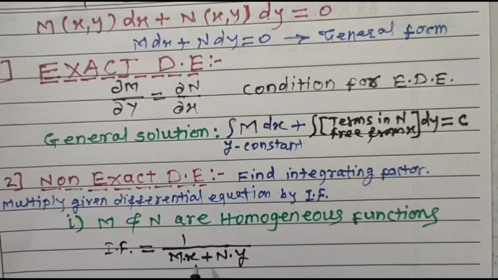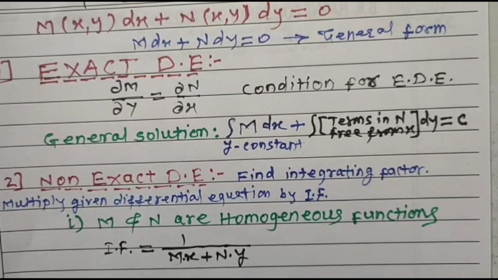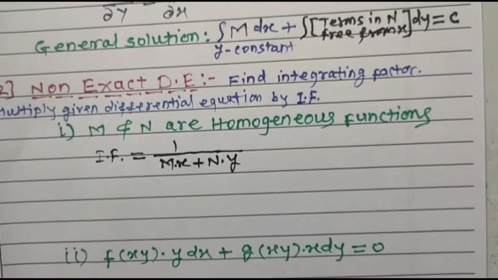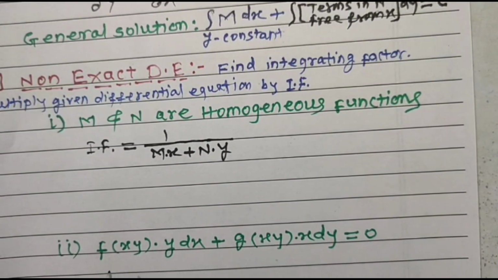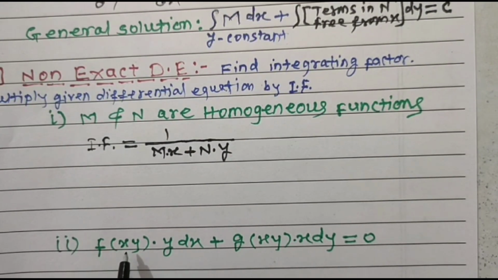Use this and get the integrating factor. Okay, and then multiply the given differential equation by this integrating factor. Automatically that differential equation reduces to an exact differential equation type. Now case number 2 is, suppose the given differential equation is in this form: function of x into y, product of